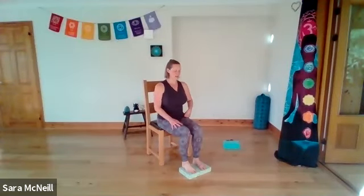inhaling up, exhaling down, my chair squeaking, inhaling up, exhaling down. Let's swap to the other side, gently bending this knee in, checking that's okay, feels good, maybe you need to give your thigh a bit of a rub, extending the opposite side, firm in the belly, sitting tall, inhaling leg up, exhaling down, extending through the heel, inhaling up,